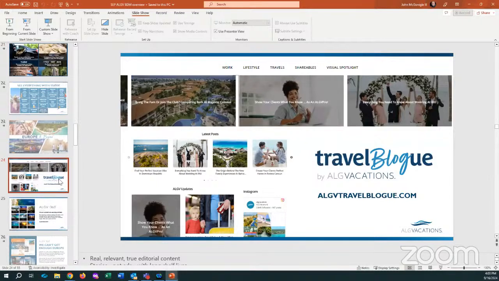Travel blog, for those of you into social media, this is where you're going to find all of our curated editorial content. You want to learn more about Costa Rica, or what are the top new restaurants in Puerto Vallarta, something just travel-ish to share weekly, or if you're doing a daily or weekly social media blast on Meta or Facebook or Instagram or anything like that. There's all this information here, all these pictures on this site, and Travel Blog by ALG Vacations, ALGVTravelBlog.com, with a B in between the two L's, is going to give you copyrighted pictures that you can simply cut and paste into your social media platforms.